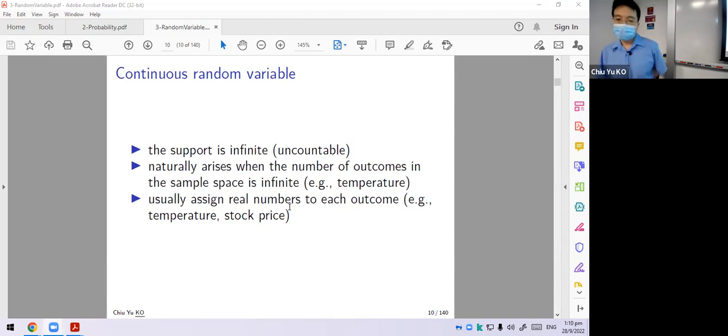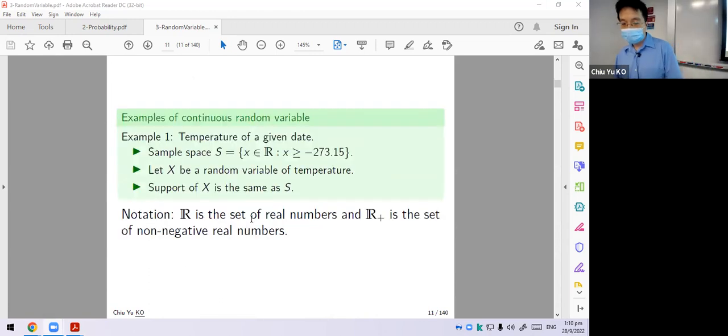Many times we're trying to measure something that is already a number. Take temperature: it's already a measure that gives a number. Or stock price is already a measure. In that case, we have real numbers, and the number is bigger than absolute